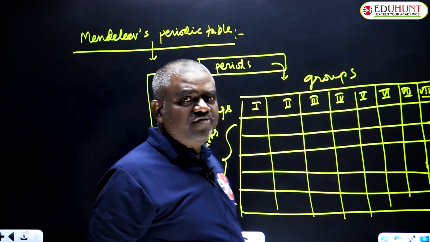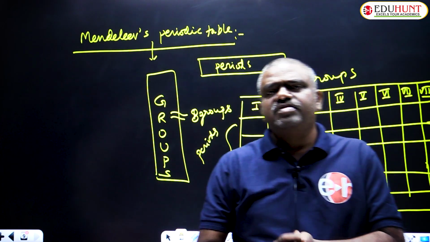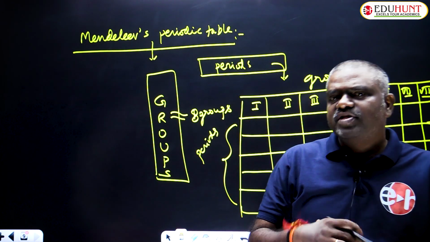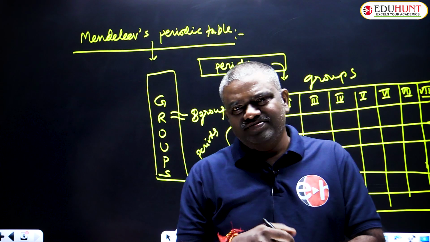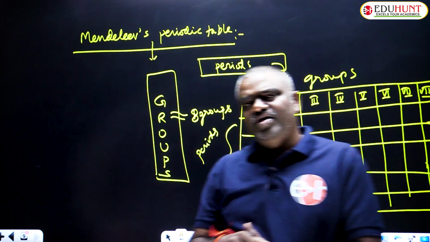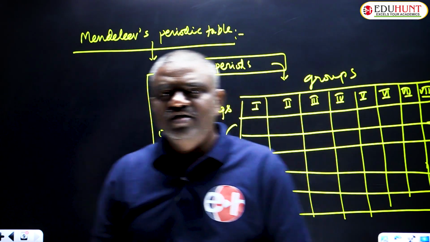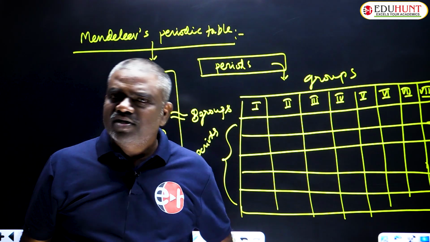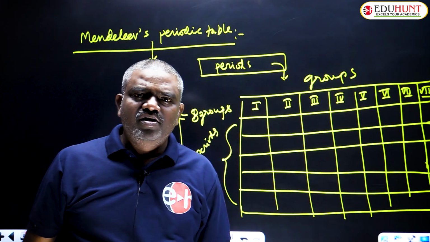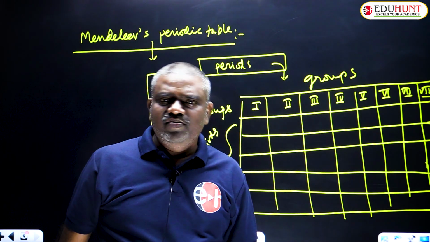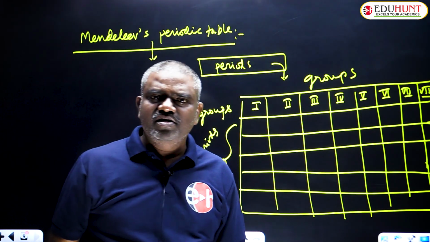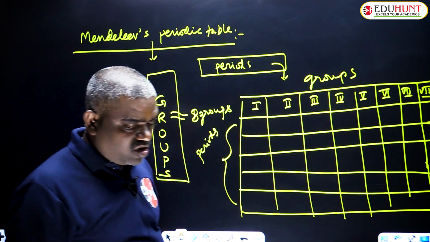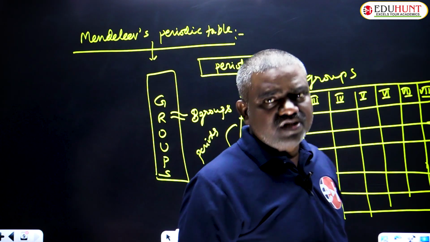Generally, Mandeleev based it on the elements' reactivity with oxygen and hydrogen. He constructed the periodic table based on atomic mass and also took the chemical reactivity of the elements with oxygen and hydrogen, because oxygen and hydrogen are the most reactive elements